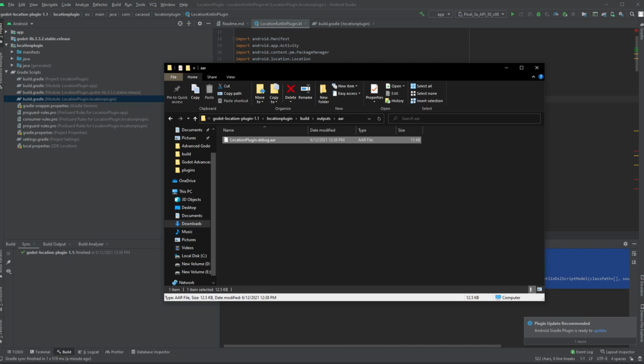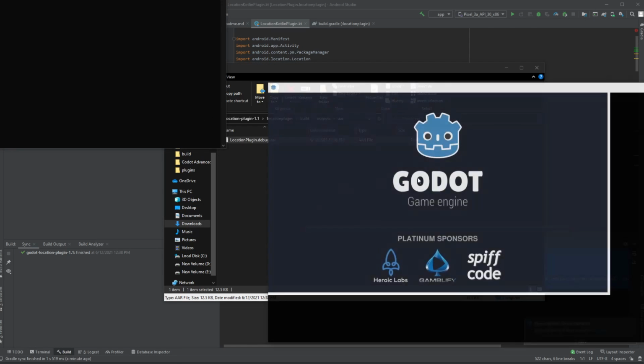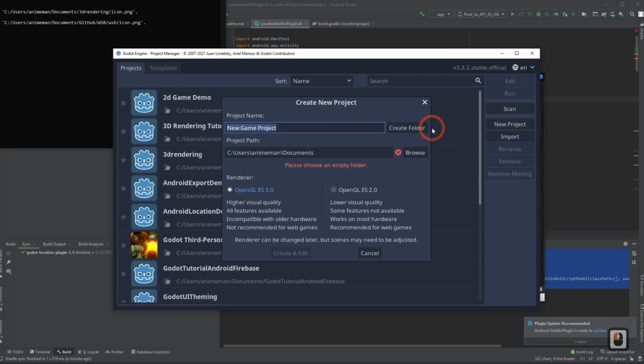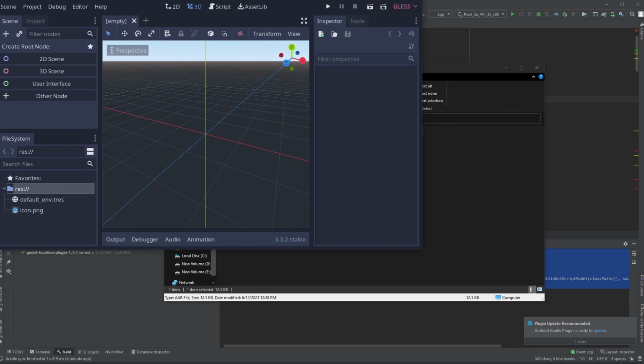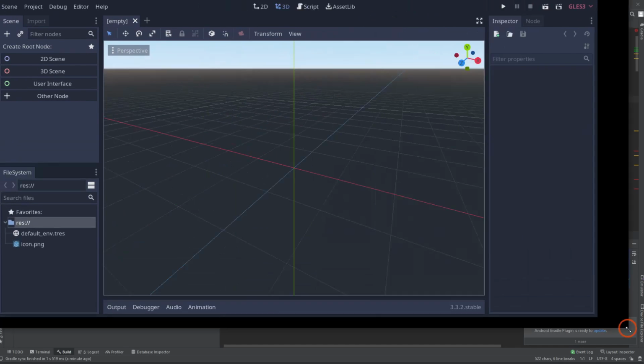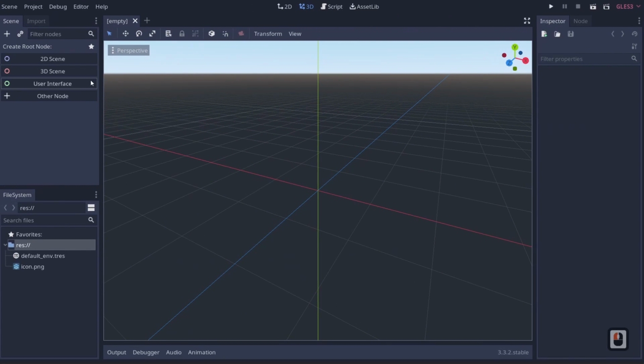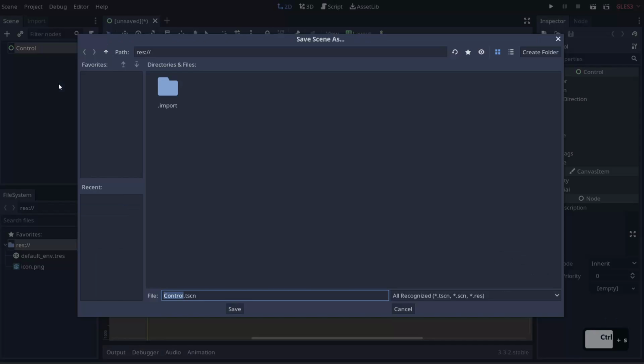So now what we need to do is create our Godot project. So let me go ahead and execute Godot and add a new project. Let's name it location demo project. Let's go ahead and create the folder and create and edit. It's always the hardest part for me, naming these projects. All right, so what we're going to do is add in a user interface for later because we're going to need it,